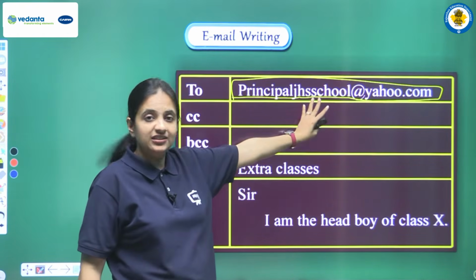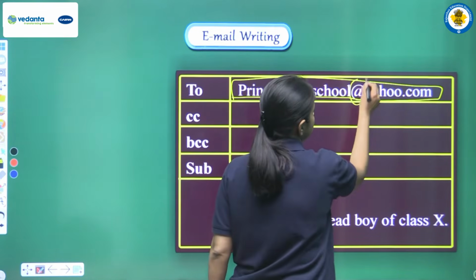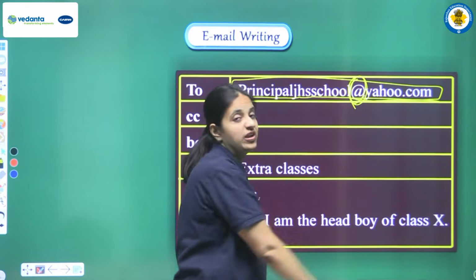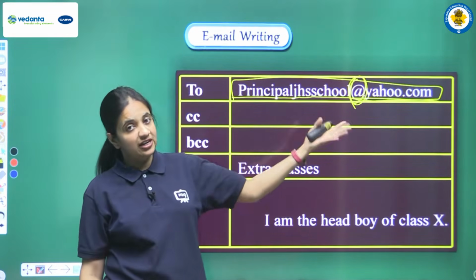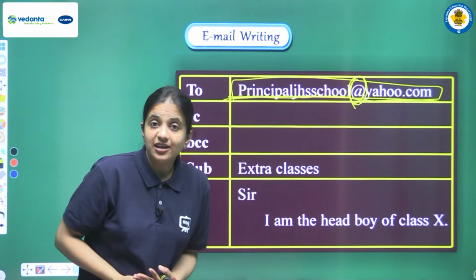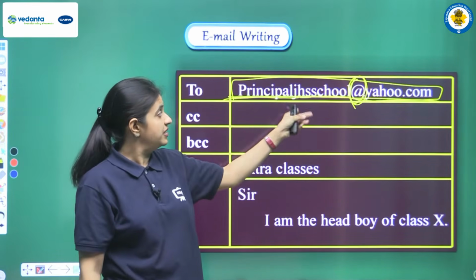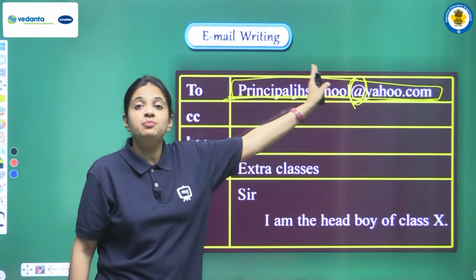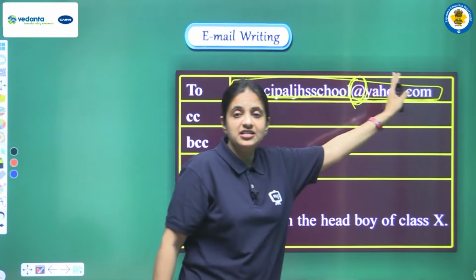Again, some of the important things that I want to mention here. First of all, you can see that we have to use this, that is, at the rate. After at the rate we have to write one web portal name. We can write yahoo.com, we can write gmail.com, and here we have to write one appropriate email address, and here we have to address the principal. So we can write it this manner, principal JSS school. And one more thing that you can notice here, there is no space in this entire email address. There is no space that is used.